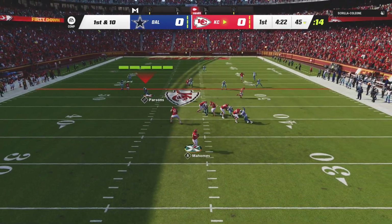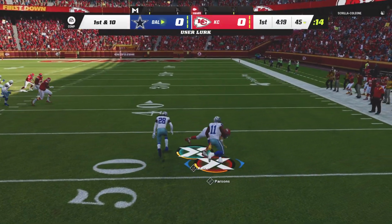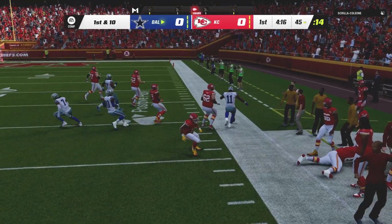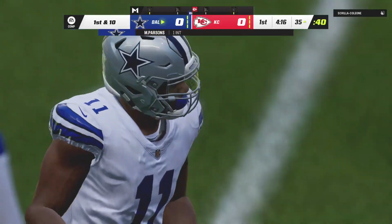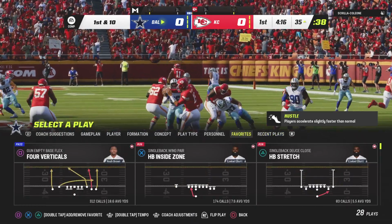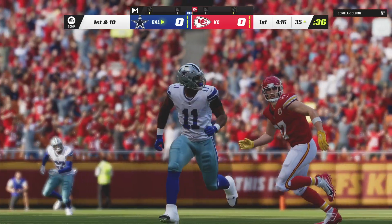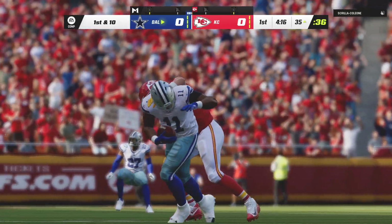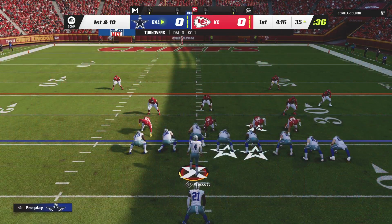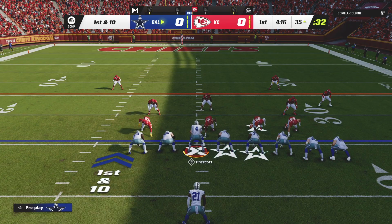Mahomes now on first down. Oh, ball batted in the air, and now it's intercepted. Picked off by Micah Parsons. That's kind of a double whammy. I mean, the interception on the opening drive, that's one thing, but to give him this field position, that's another. Absolutely perfect start for this defense. They take the ball away on the opening possession. They know that their offense will get the ball to start the second half. They line them up in field goal position, and to me, they got a chance for a touchdown right here